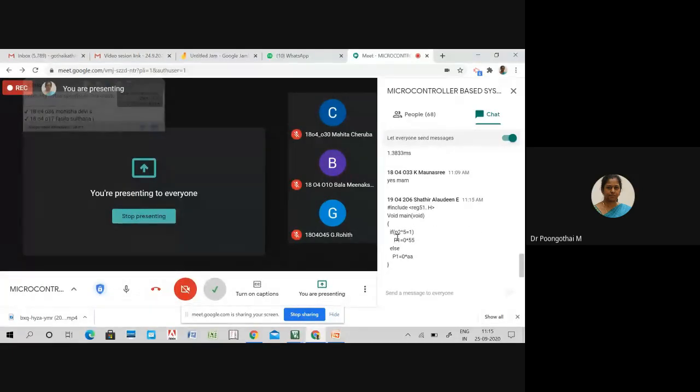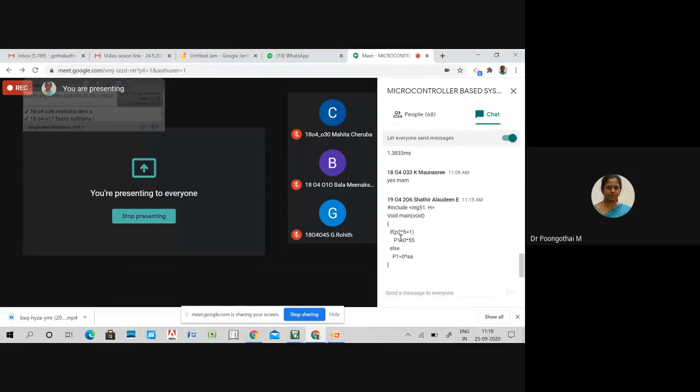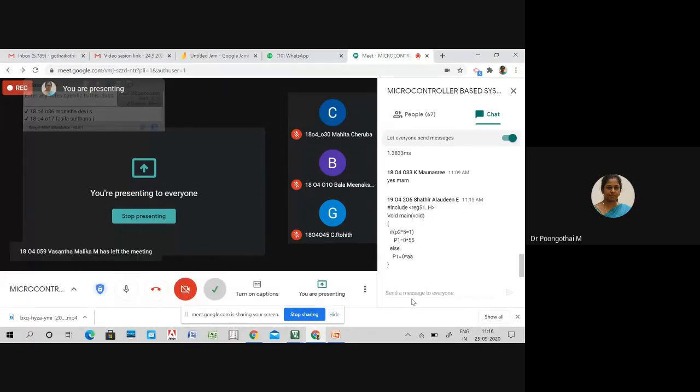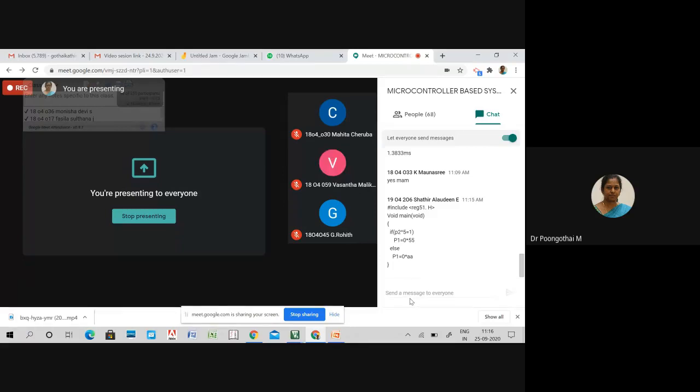For P2.5 externally you have to assign one variable. So that is the format and that is the structure to be followed. So after hash include you have to assign a variable to P2.5. So what about other students?